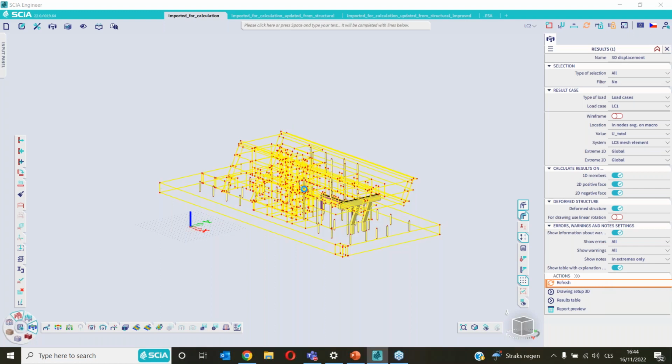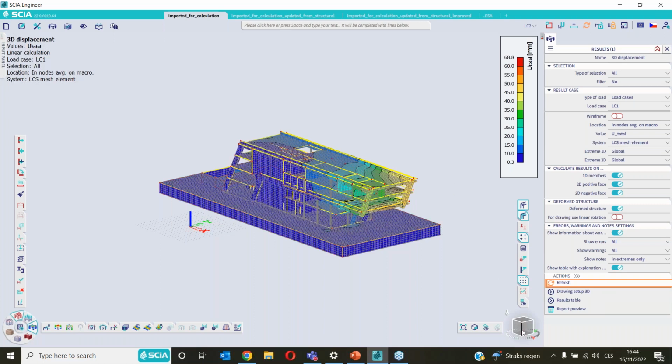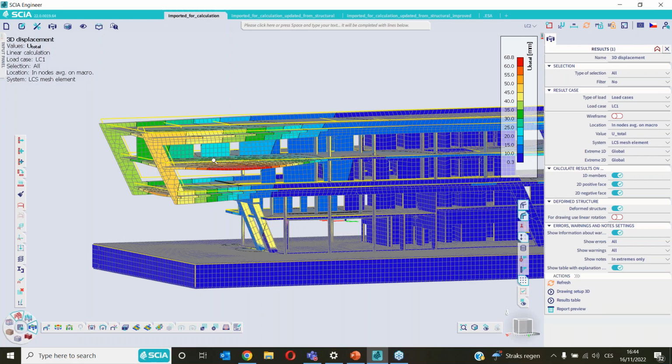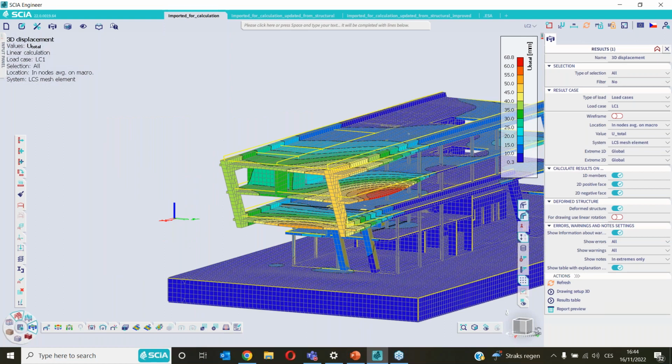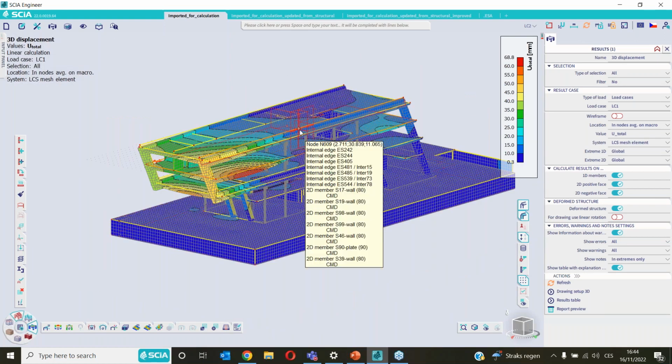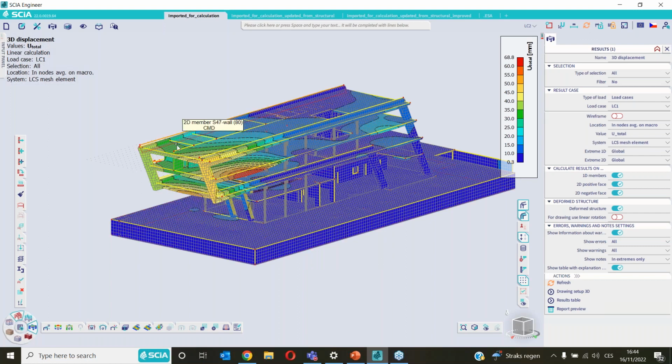So yeah, we can check out the deformations, and we can see that this cantilever part of the building is affected by some high deflection, so some work of the structural engineer is necessary in that case. So what we have done is that we now have a calculable